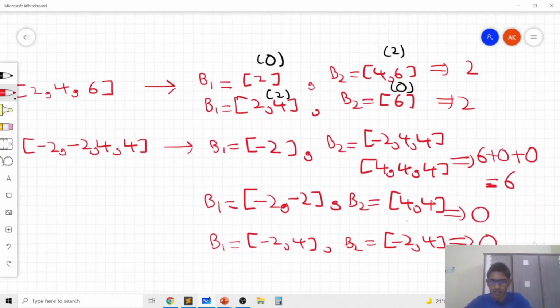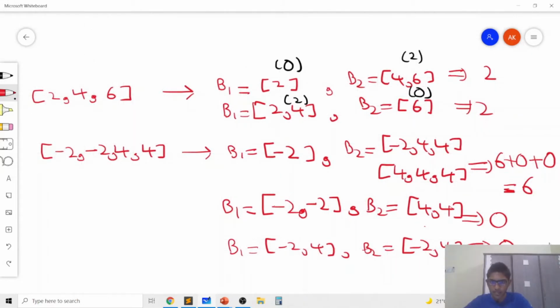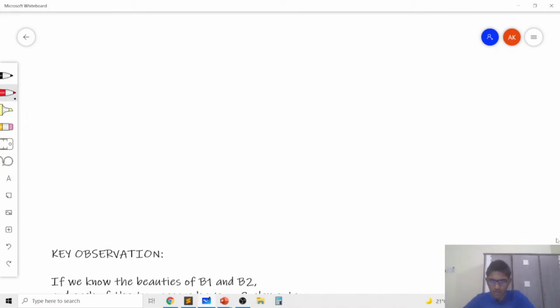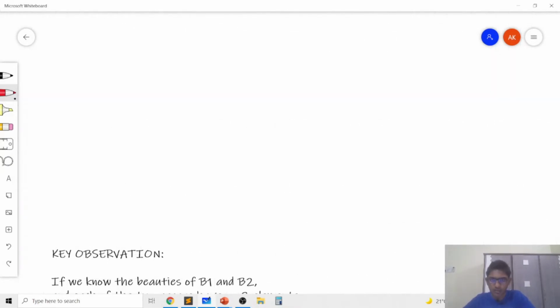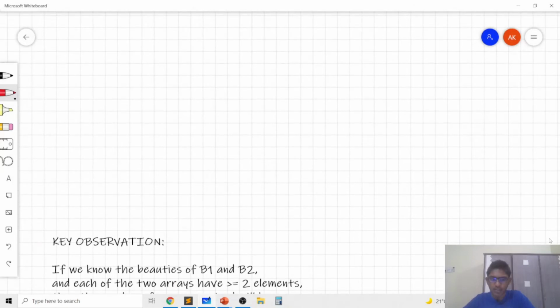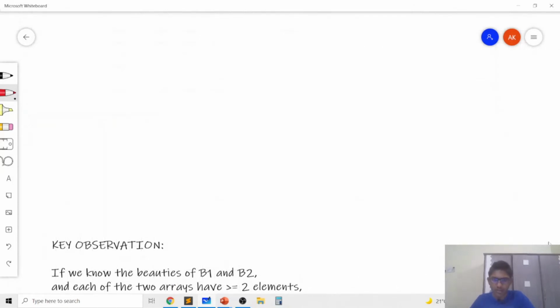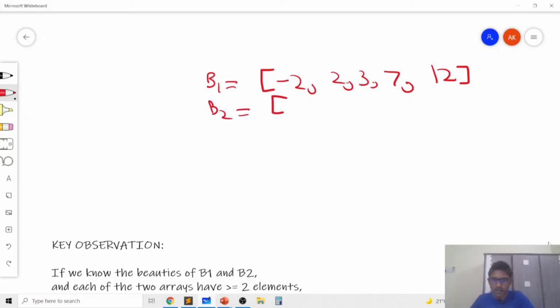Now I'll be building the formal solution using one key observation. So the key observation required for this problem is that let's consider a general case where we know B1 and B2 and we know their beauties, and each of the two arrays have greater than or equal to 2 elements. So they are not border cases which contain one element. Let's say that B1 is something like some random list of numbers, and we always keep them in sorted order. And let's say that B2 is something like this random array,